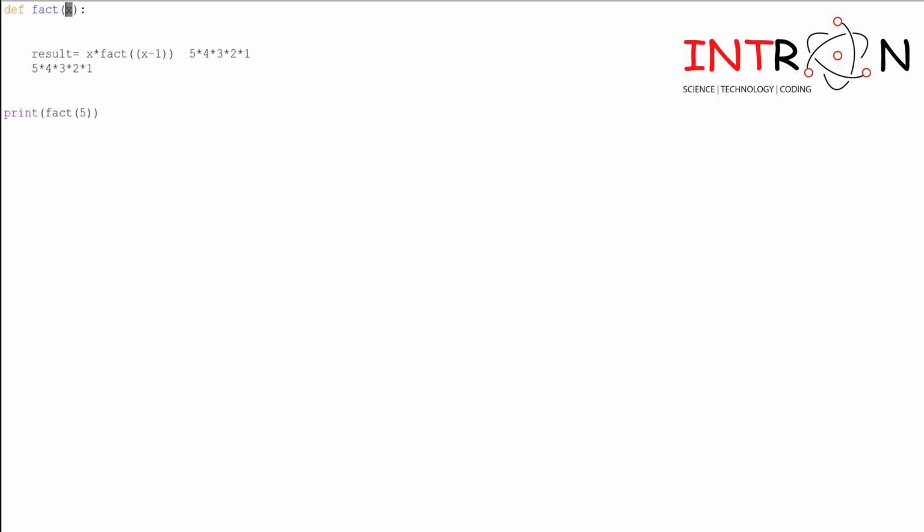So it should stop here only. It should not do multiplication with 0. If we do multiplication with 0, it will give the answer as 0. So our program should stop when it finds 0. So if we find x as 0, then we should return one value, that is 1. We are returning just 1, and all this other part now comes in the else, when our value is not 0.